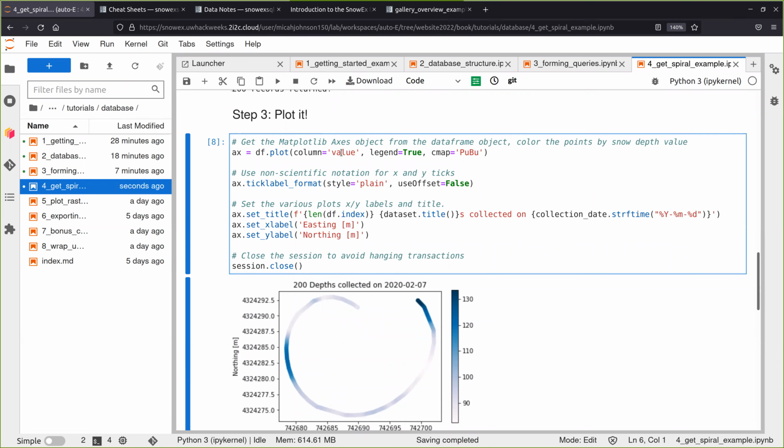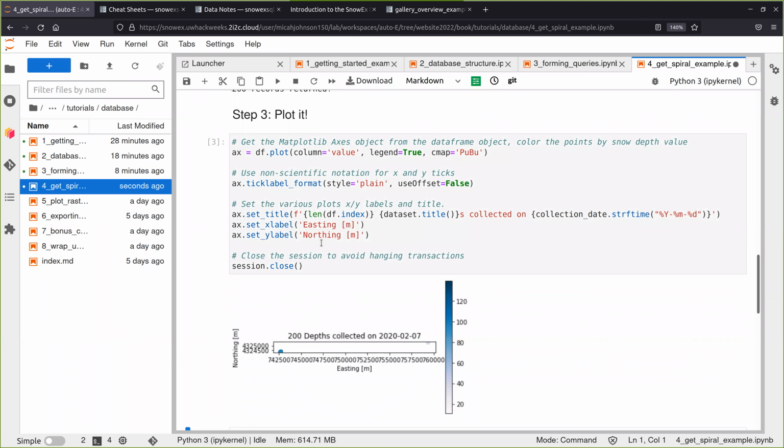We're going to plot the value column. That's where our value of interest is stored. We'll give the legend, pick a color map. This is some formatting stuff that we can go into if you have questions. I'm going to skip it for now, just interested in talking about data and then go over this. Now, it doesn't look very